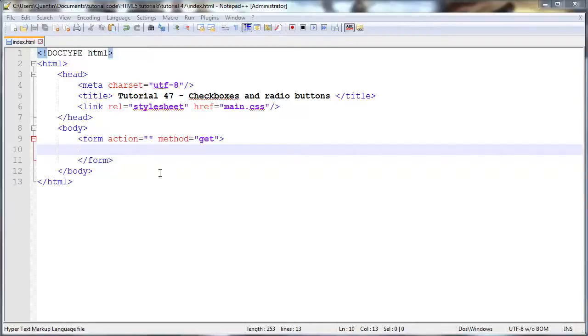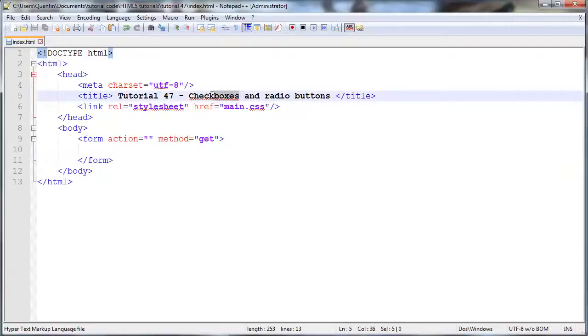And in this tutorial, I'm gonna talk to you guys about checkboxes and radio buttons. Now, most of you guys probably already know what a checkbox is. It's just one of those boxes that you click on and it's checked, and if you click on it again, it's unchecked, okay? So quite simple, and a radio button pretty much works the exact same way, except that a radio button can only have one of the options selected, whereas a checkbox could have many options selected. And we'll get into that later on in the tutorial, but for now, let's actually put some checkboxes on our